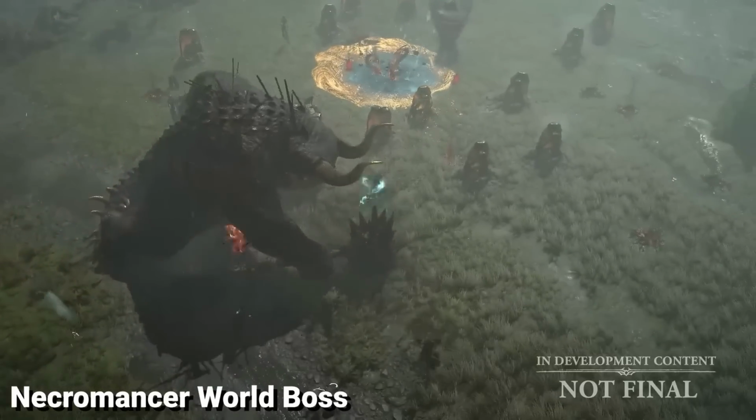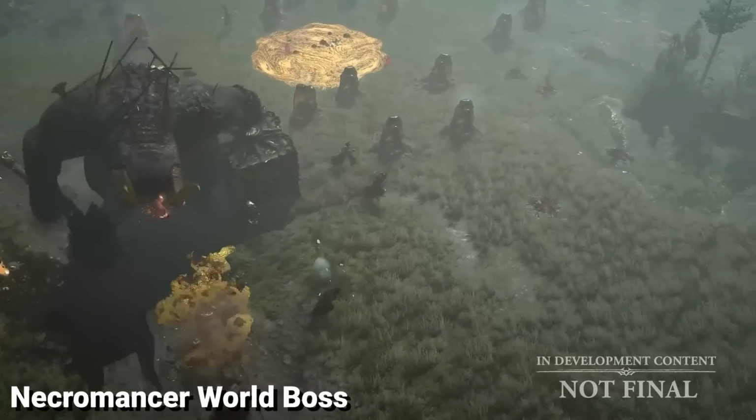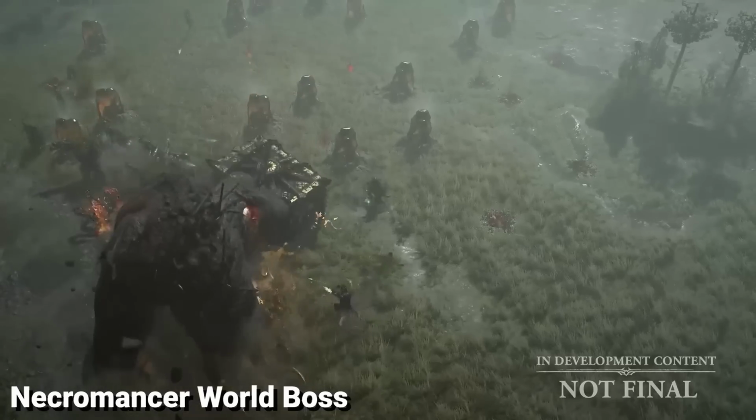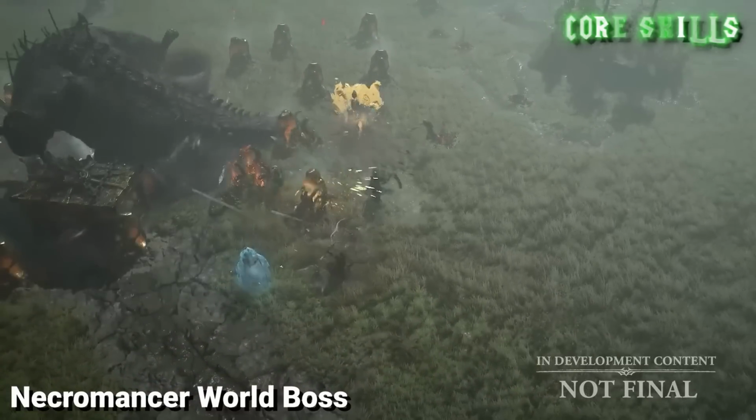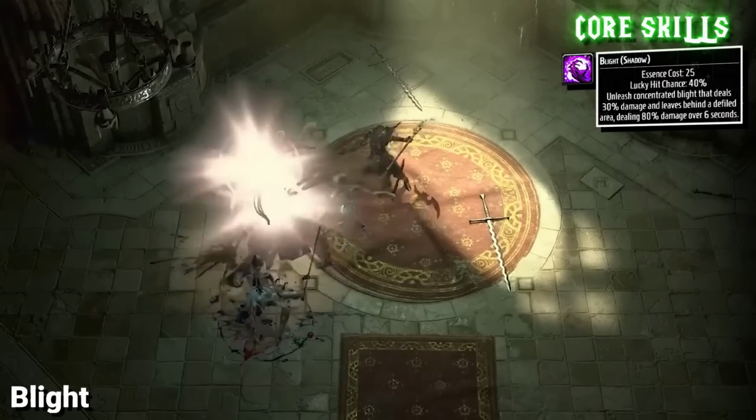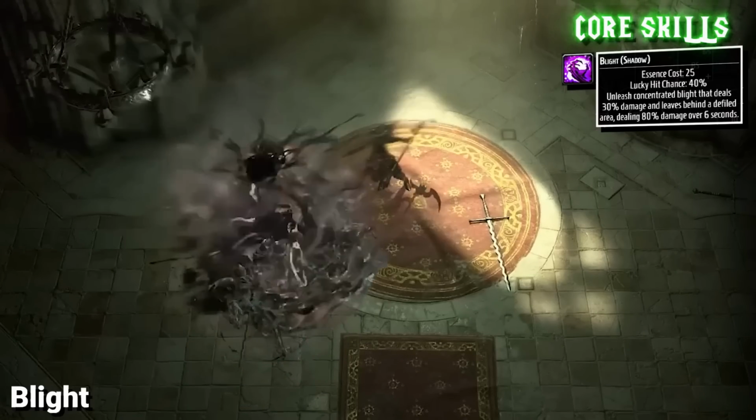Moving on to some of their core skills, the core skills cost essence, and like basic skills, you are most likely going to select the corresponding one to your build type. There are 5 different types of core skills that you can use. Starting off with Blight, where you unleash Blight magic, dealing damage and leaving behind a Blight pool that deals damage